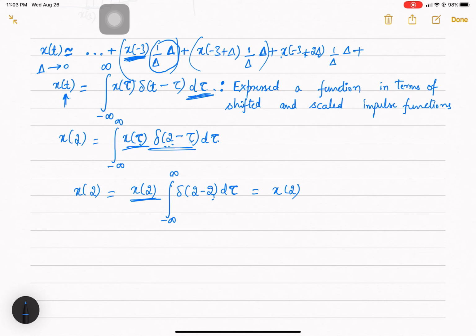As tau goes on varying, the position of the impulse will go on changing. Basically they are getting shifted from one point to another as tau varies from minus infinity to plus infinity. The first impulse will start from minus infinity and it will get multiplied by the value of x of minus infinity, and the next value will be shifted by d tau, and so on and so forth. It's basically shifting and adding an infinite number of very small impulses or pulses. So please look at this.